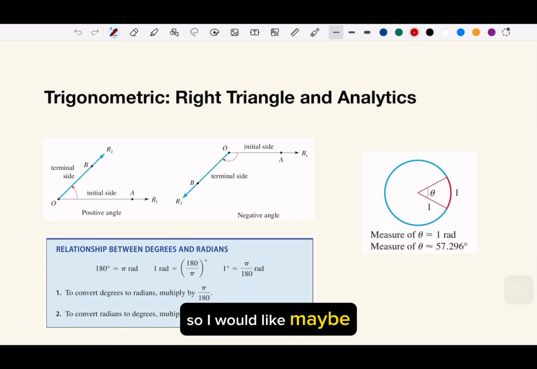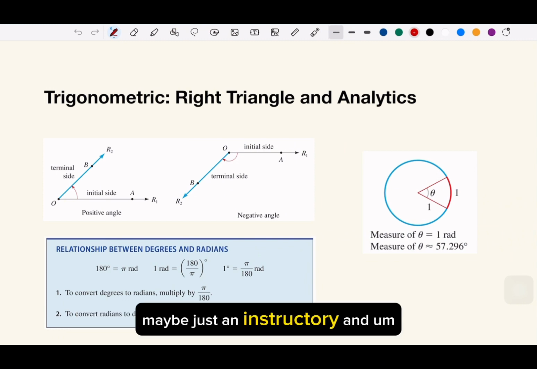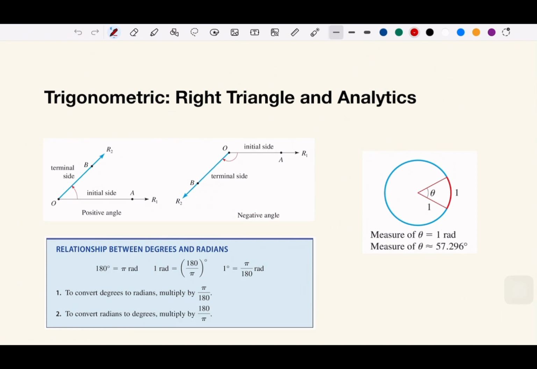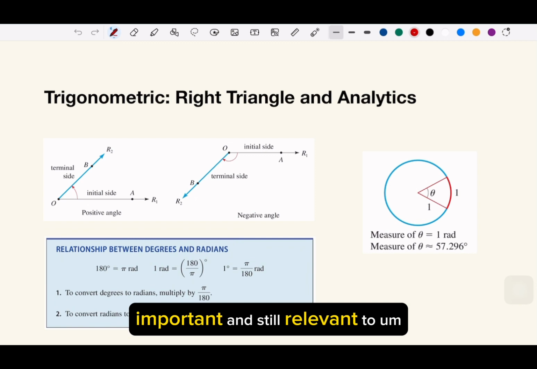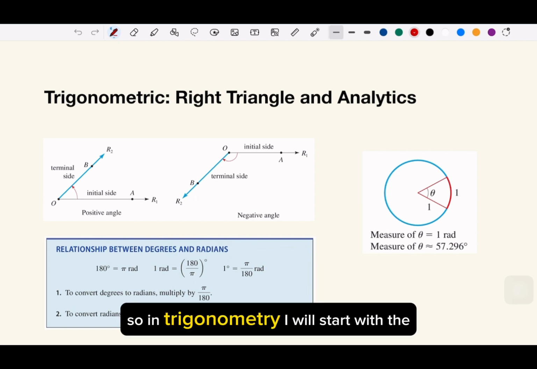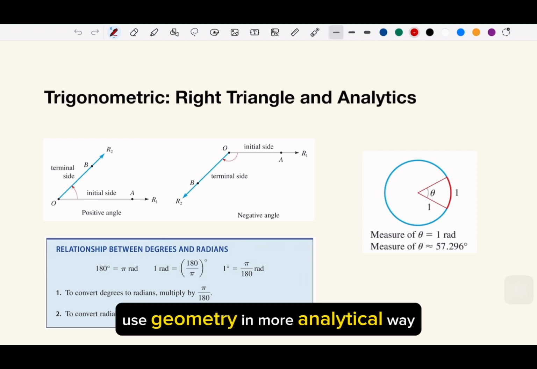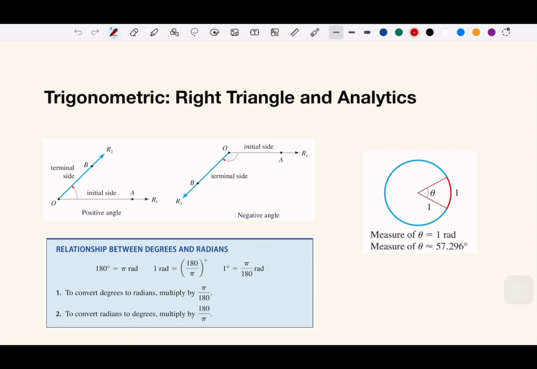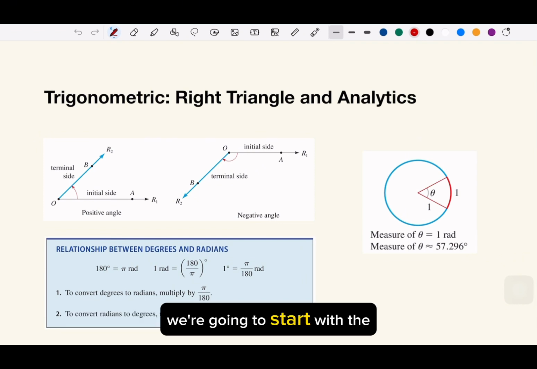So maybe I can just get through the trigonometry really fast. Maybe just an introduction and a review of which parts are important and still relevant in most cases in future courses. So in trigonometry, I will start with what we call a right triangle. Okay, and then later we can see how we can use trigonometry in a more analytical way by using some identities and so on and so forth. But first, we are going to start with